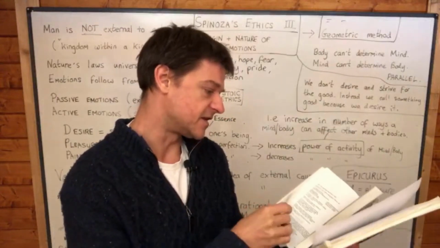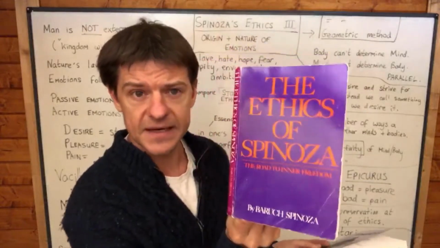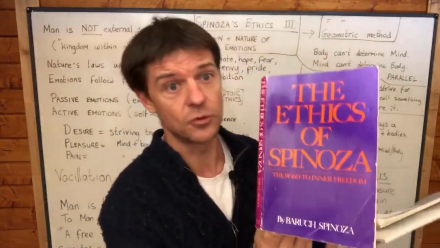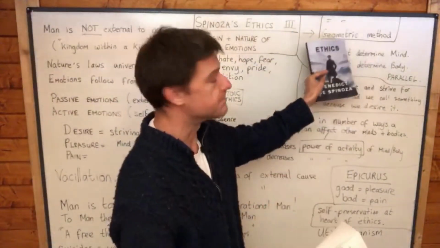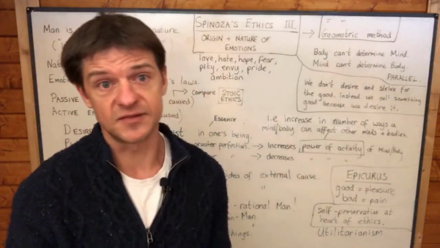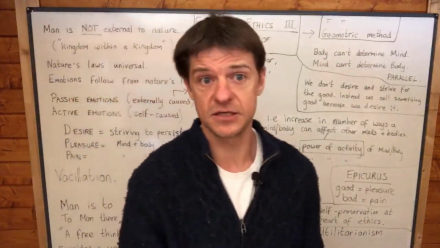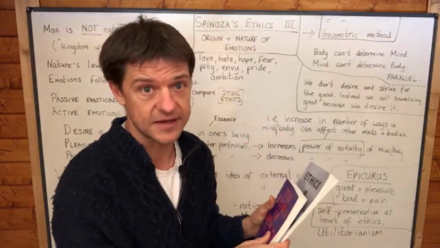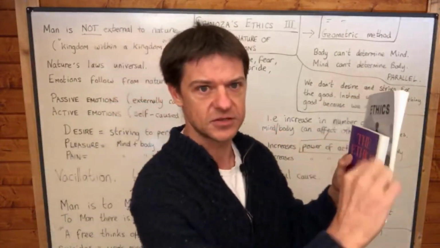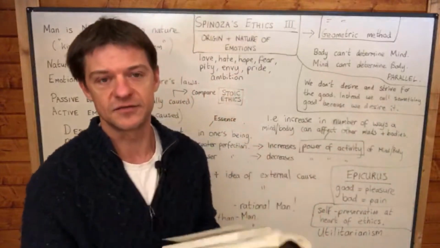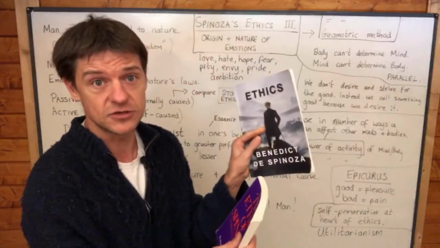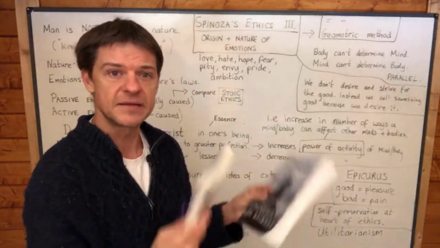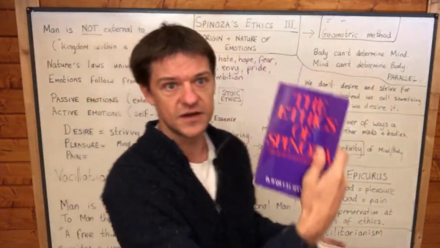And if anybody's interested in reading this book, I do recommend using this book first. It's been edited in certain ways that make it a lot more readable. Remember that Spinoza uses something that he calls the geometric method. What he means is he's using a very similar method to Euclid in the way that he sets out his arguments. There are a lot of propositions and corollaries and proofs. And so he's trying to use the same method as Euclid, and that means that the original is rather hard to read,